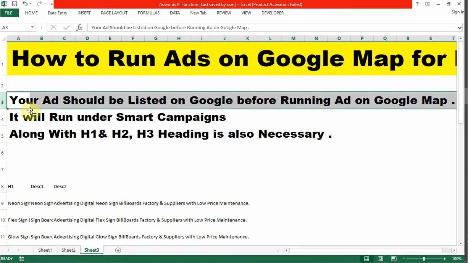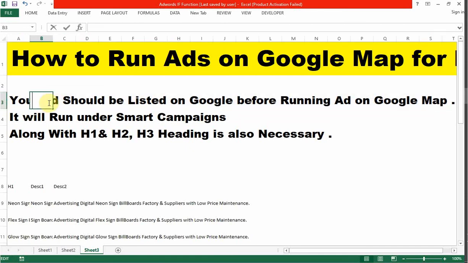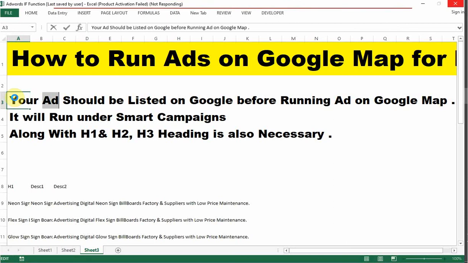Your office address, I'm really sorry, it is not your ad, it is your address, location, means your office should have the business listing so that Google will be able to catch your address, your location, and will be able to run the ad or display the ad on your listed business, right?